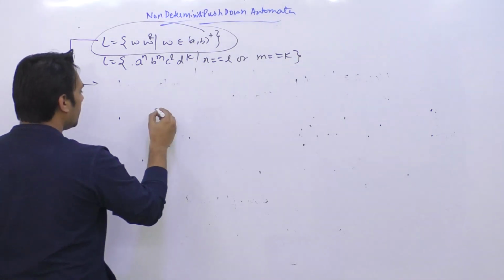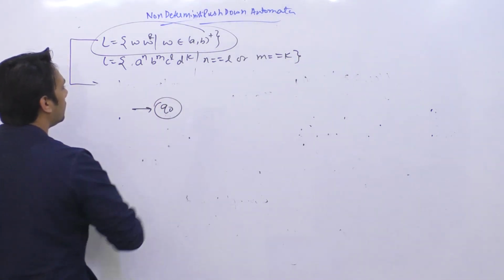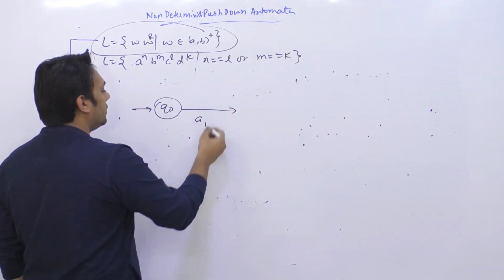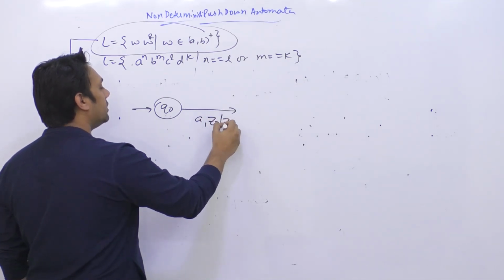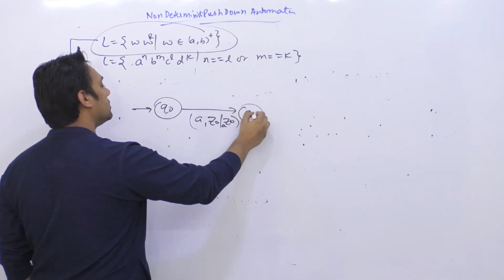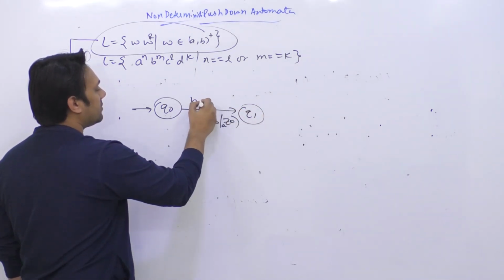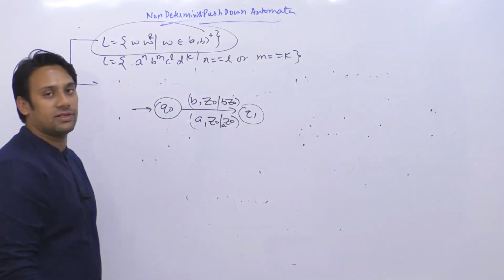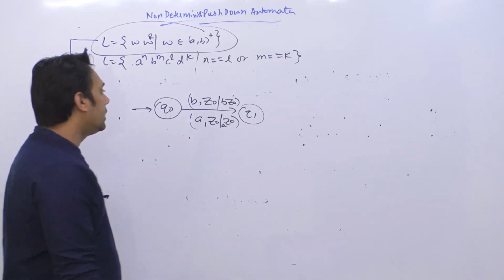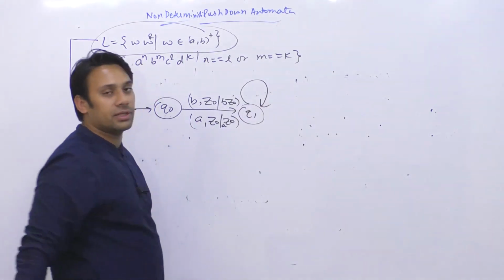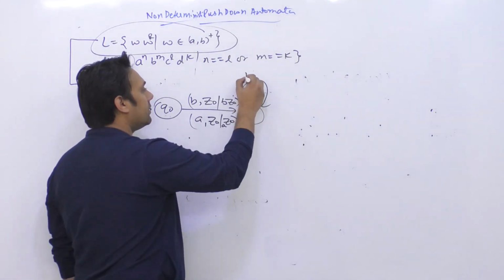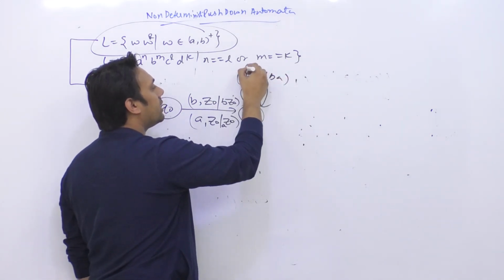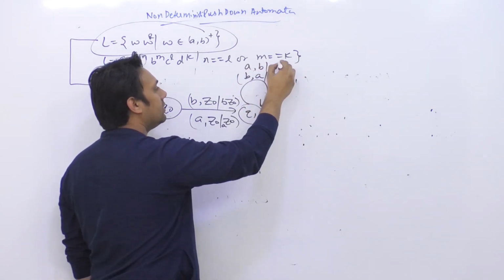So this is the initial state Q0. In the beginning you could get a symbol A or you get a symbol B. If you get a symbol A and the stack is currently empty, you are going to insert that symbol onto the stack and you go to the state Q1. Or if in the beginning the symbol is B, the stack is currently empty, so she is going to insert that symbol B. So in the beginning, whatever symbol she gets, she is going to insert onto the stack. And then every time a new symbol is coming, she will start inserting it. If symbol B is coming and the top of the stack contains A, she will insert it. If symbol A is coming and the top of the stack contains B, she will insert it.